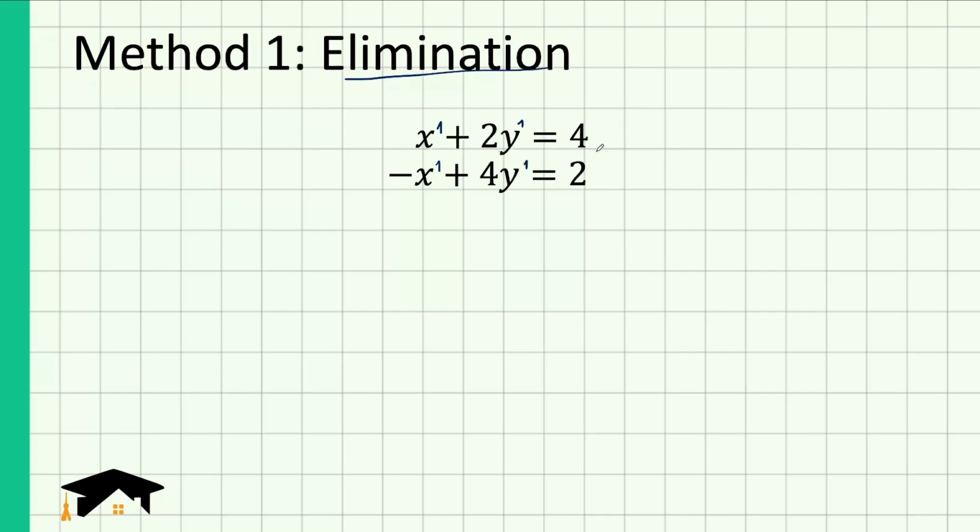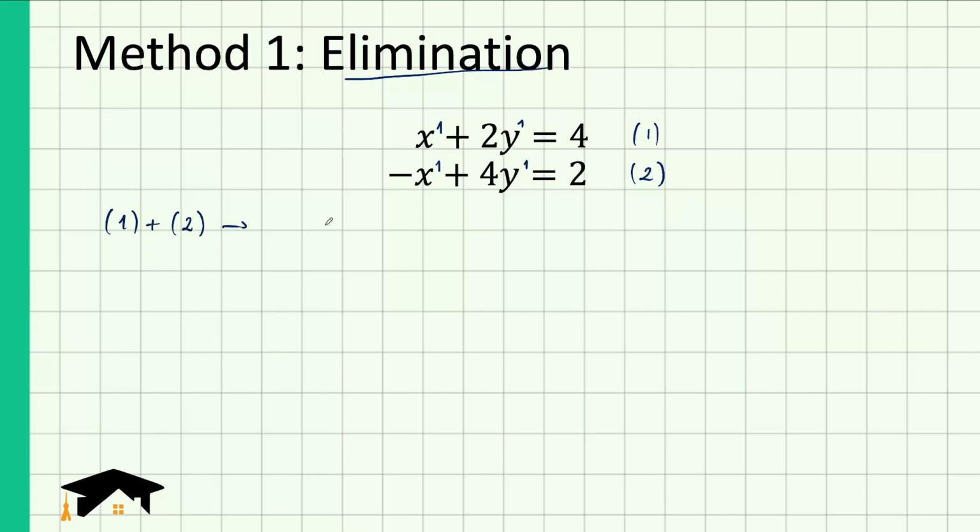In this case, for example, we see that we have 1x in the first equation and minus 1x in the second equation. So I know that if I add these two equations, then x and minus x will cancel out, leaving me only with an equation that depends on y. So let's write that down. Let's call this equation 1 and this equation 2. Now, if we do 1 plus 2,